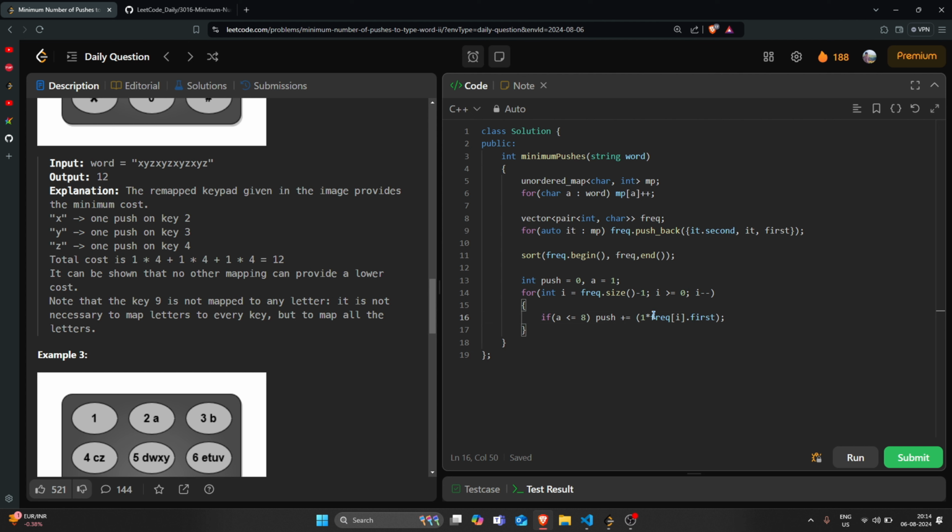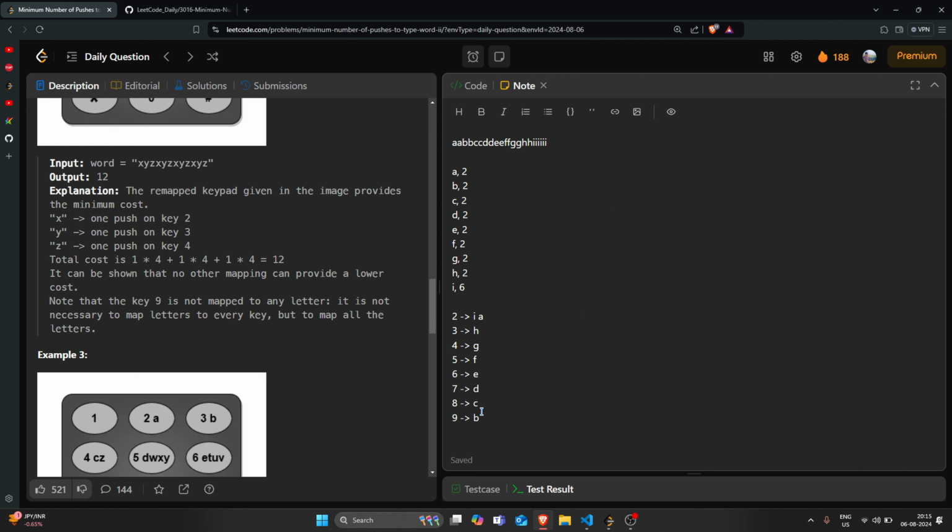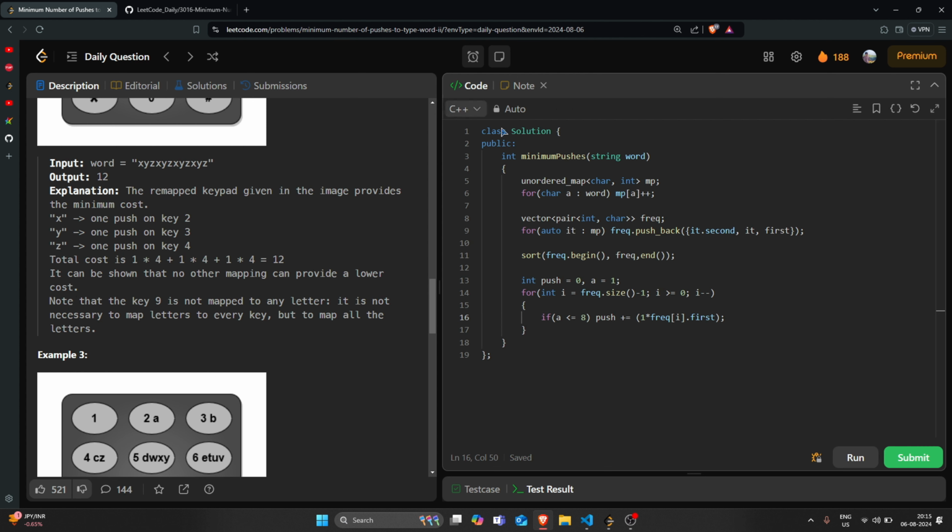This line is just saying that I have to push that button only one time for one character, and I have to get the number of frequencies of the character, so I will press the button till I get the number of frequency as I want. The frequency is on the first position of frequency of i. This applies if it is less than or equal to 8, because I can map only 8 characters on the first position. Then for 16, else